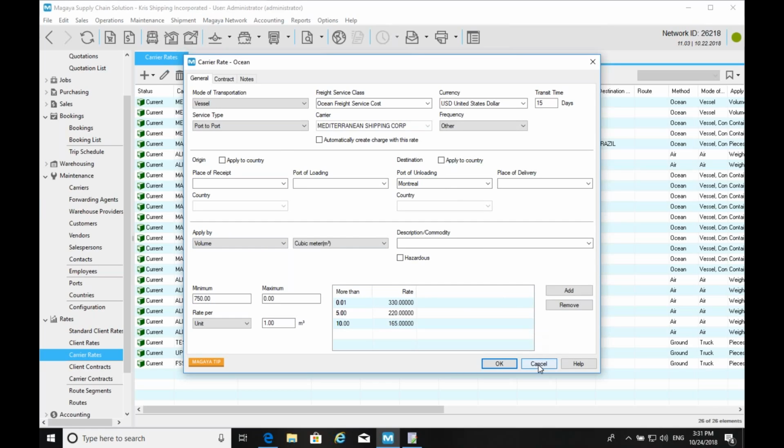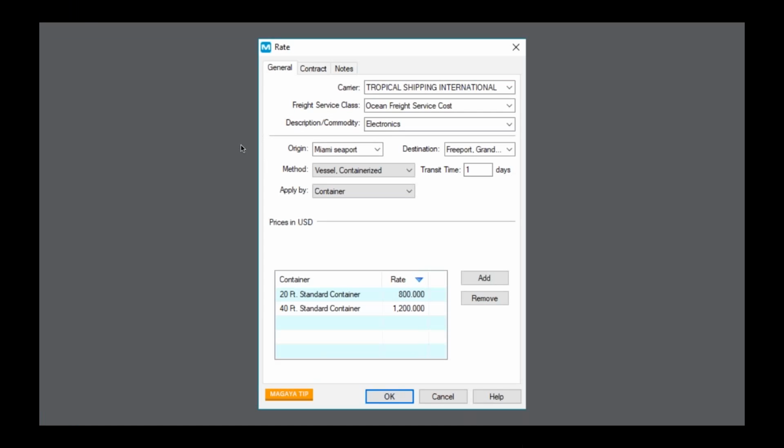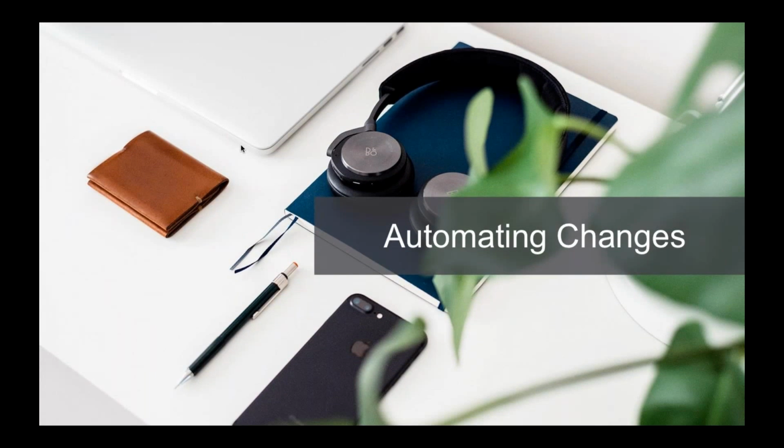Okay, so let's see the next feature. Was how the automation in the automating charges in Magaya can work.